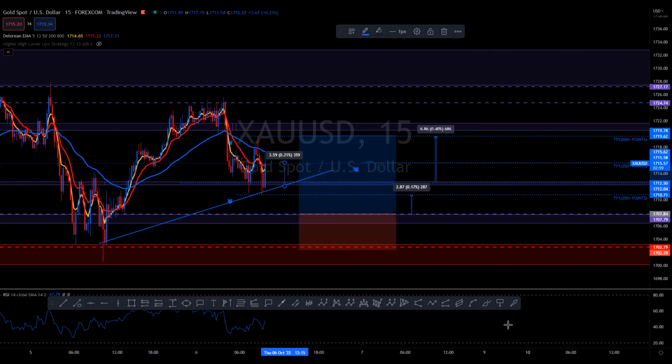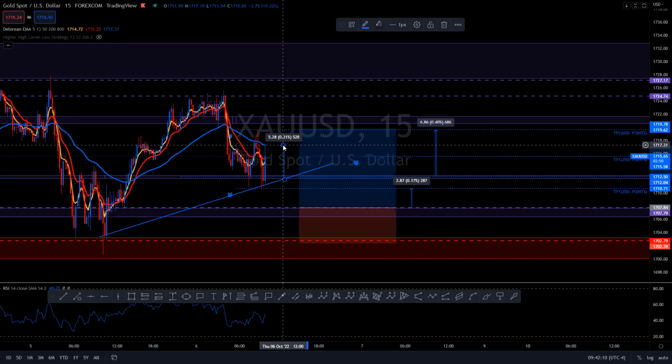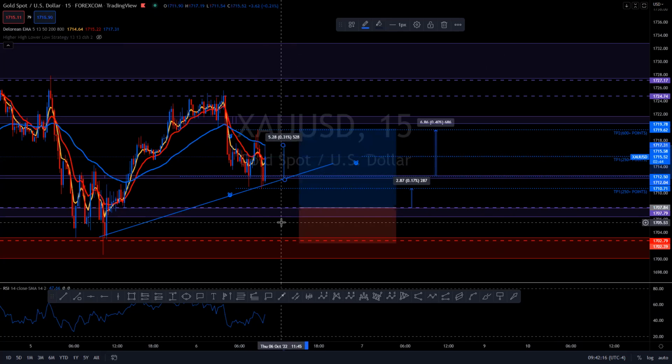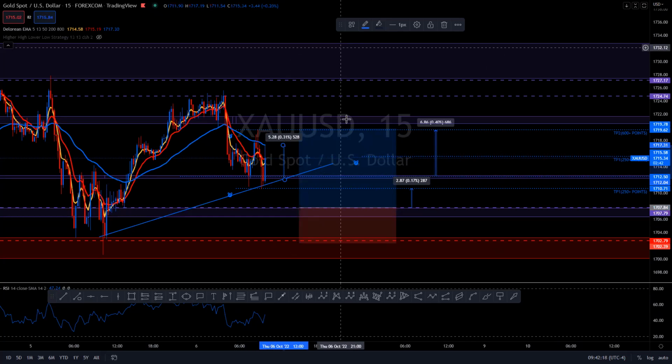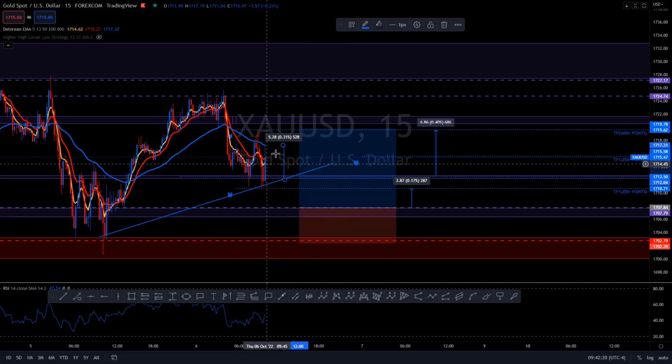Okay, so I documented my results. So I'm about to share my screen so you guys can actually see it. So price went up at the highest at this point, over 500 points. So we were right on this trade. Now price might hit the supply zone and come back down and maybe do a swing low and go back up eventually. But we weren't wrong. We weren't entirely wrong. Let me go ahead and share my screen and show the results, and then we will wrap up this session.